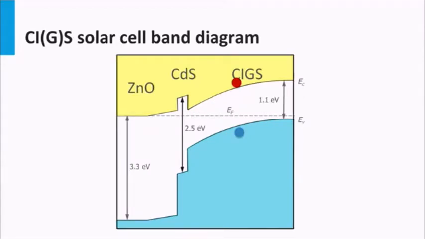Here we see the electronic band diagram of a CIGS solar cell. The light enters the cell from the left at the zinc oxide side. The p-type CIGS absorber layers used in industrial modules have a typical band gap of 1.1 to 1.2 electron volts. This band gap is accomplished by a ratio of gallium to indium of around 0.3. The N-type cadmium sulfide buffer layer has a band gap of 2.5 electron volts. Since the band gaps of the N and p-type junction materials are different, this CIGS cell can be considered as